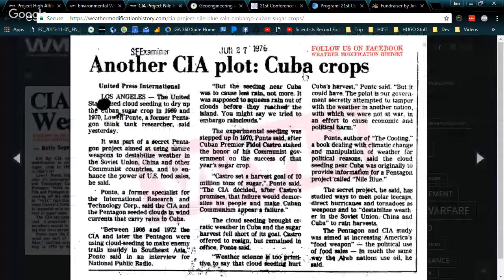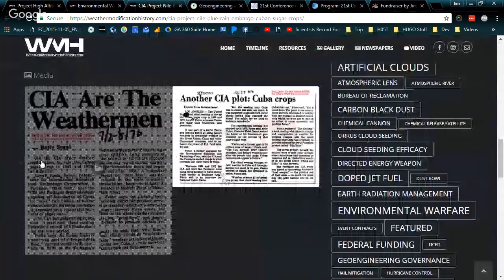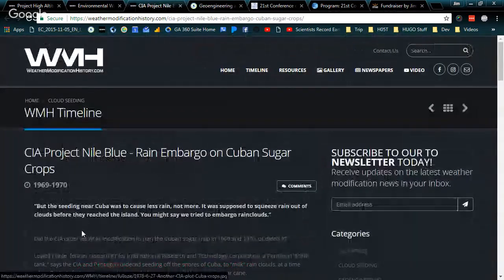Another CIA plot, Cuban crops. And what it says was, but the seeding near Cuba was to cause less rain, not more. It was supposed to squeeze the rain out of the clouds before they reached the island. You might say we tried to embargo rain clouds. So the CIA and Henry Kissinger were secretly doing weather warfare using the Air Force and U.S. Navy, specifically